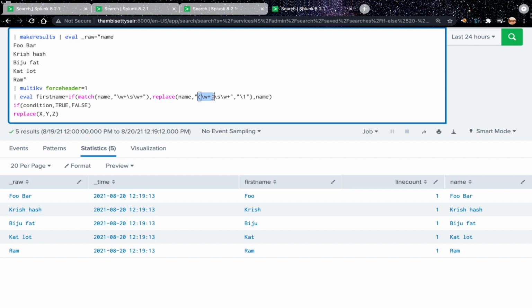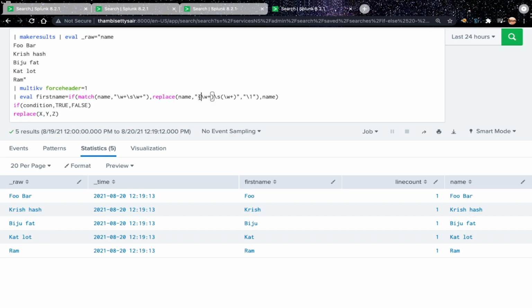You might get a question: what is a captured group? The captured groups are represented with open and close parentheses. If you observe the regex pattern used in the replace function, you see the first backslash w is enclosed with parentheses. So this represents the first captured group, and this can be called in the place of z using the substituting string. Let's just create a second captured group, and that can be called using backslash 2.